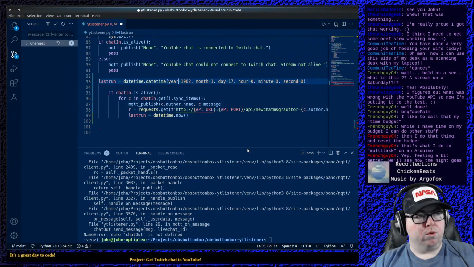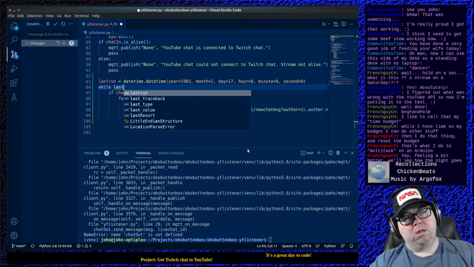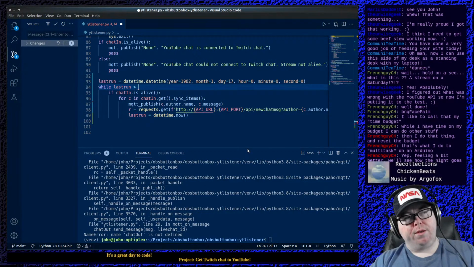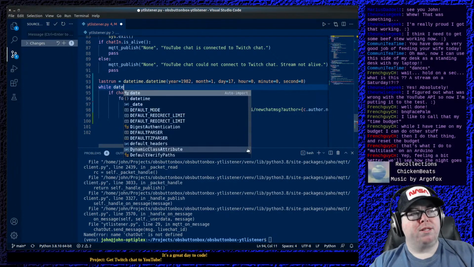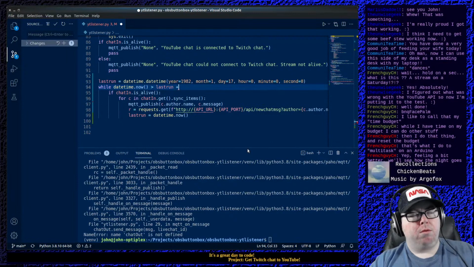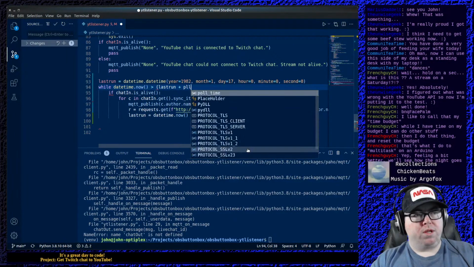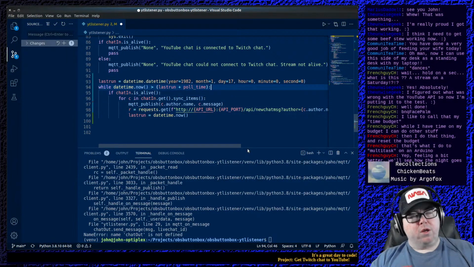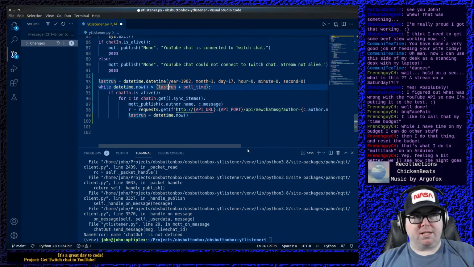Okay, so last run equals then, and then while last run greater than, oh, hold on, I'm sorry, while datetime now greater than last run plus pull time. Okay, so if now is greater than the last time it ran plus pull time, so basically the last run